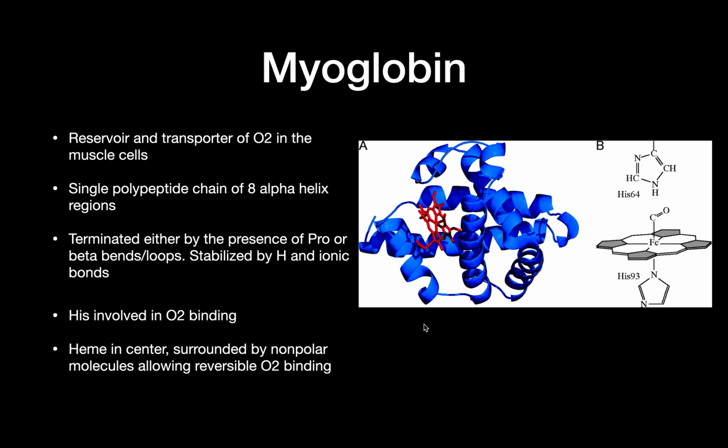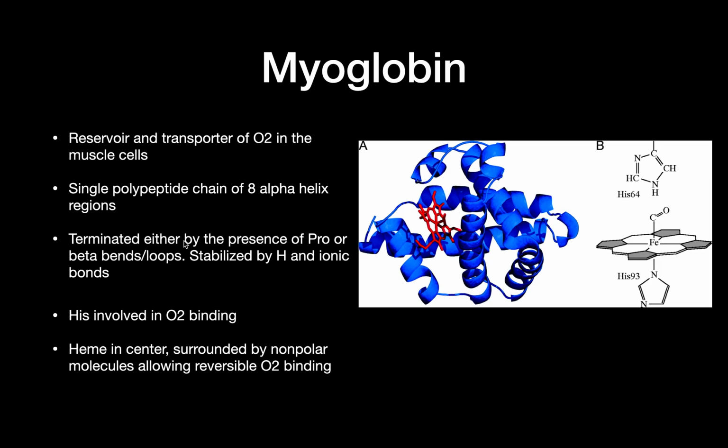Next is myoglobin. Myoglobin is a heme protein present usually in the heart and the skeletal muscle. And it's a reservoir and a transporter of oxygen, especially in the muscle cells. And it is one single polypeptide chain made of 8 alpha helix regions. It has a polar surface, and internally it is non-polar, which is pretty characteristic of all globular proteins. Besides the 2 histidine residues on the inside that bind oxygen, the interior of the myoglobin is made of only non-polar residues. It's fairly small,